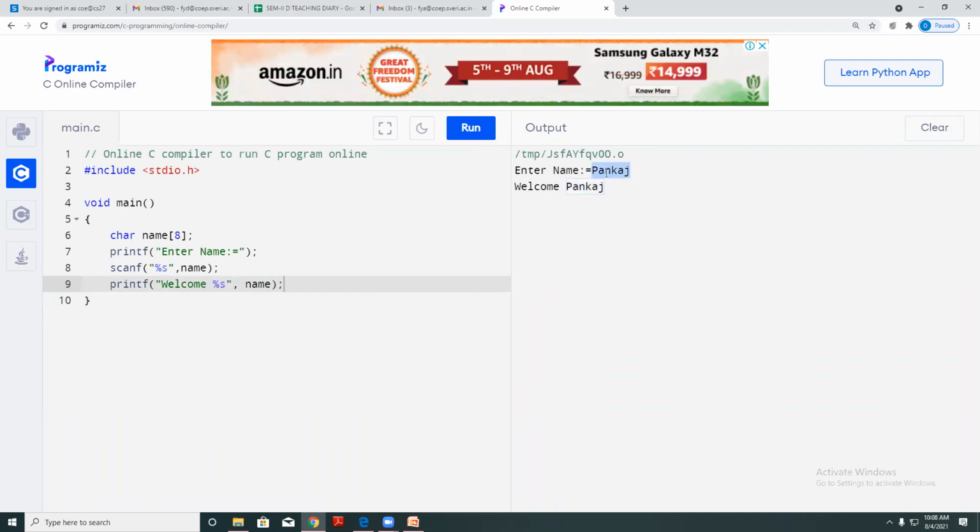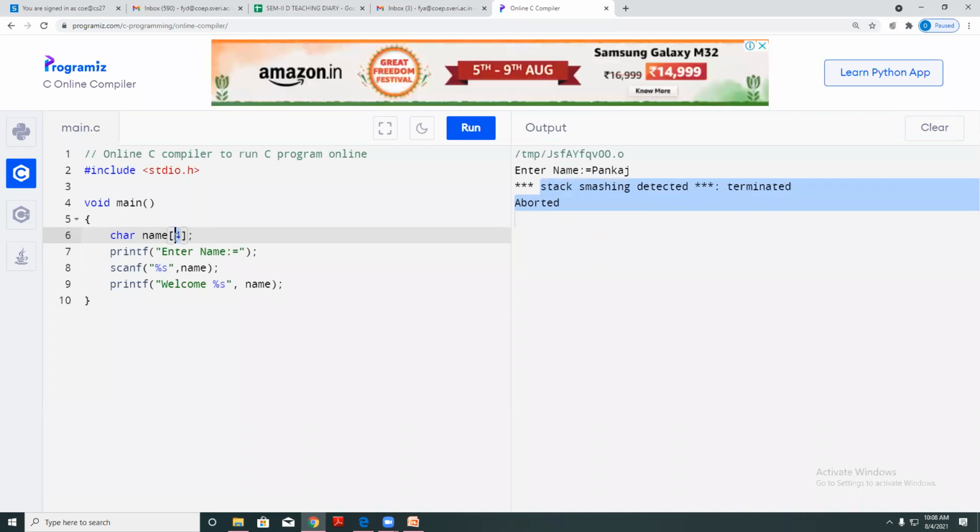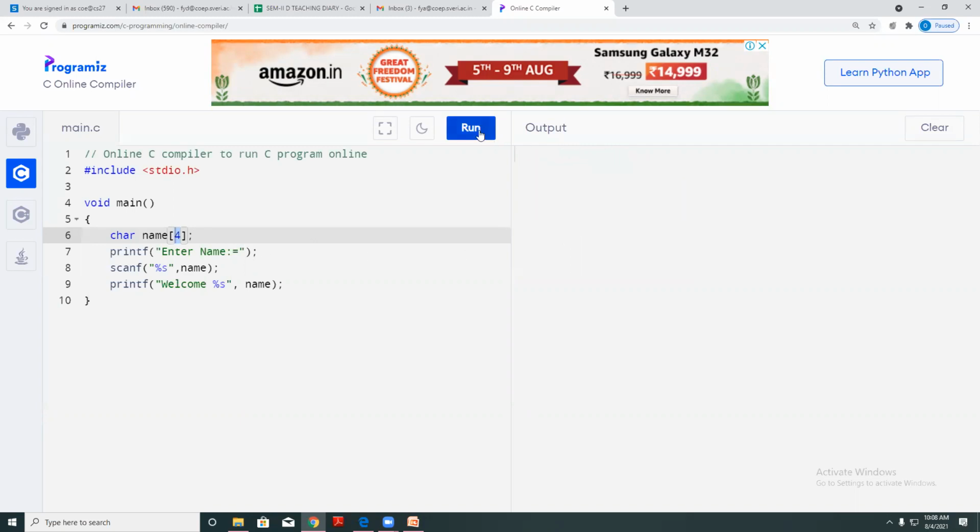But what is provided? The number of characters. Let's say I'm having here 6 characters. I have provided the size of 8. If I provide here, let's say the size is 4, now check. Though I have given the string of 6, now it gives me an error because I have allocated only 4 memory addresses to store character type values, and I am entering 6 characters, that means a string. So it is not going to allow me to run the program.